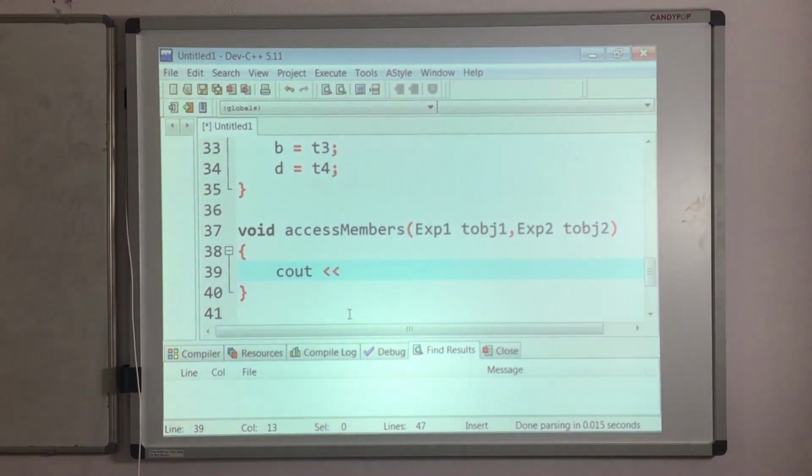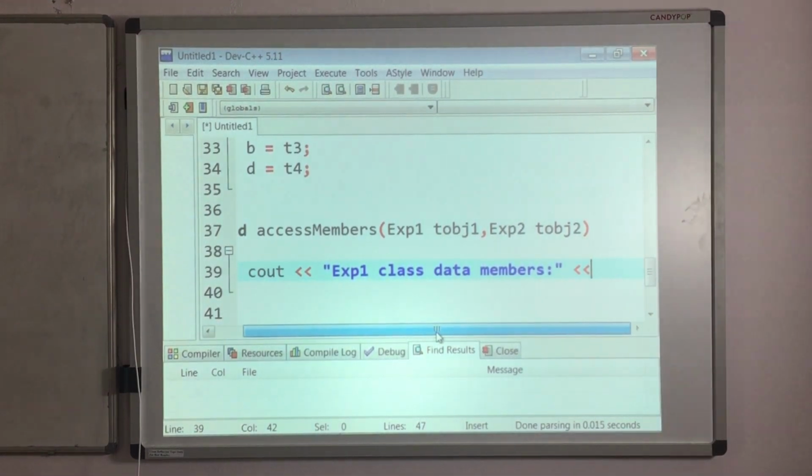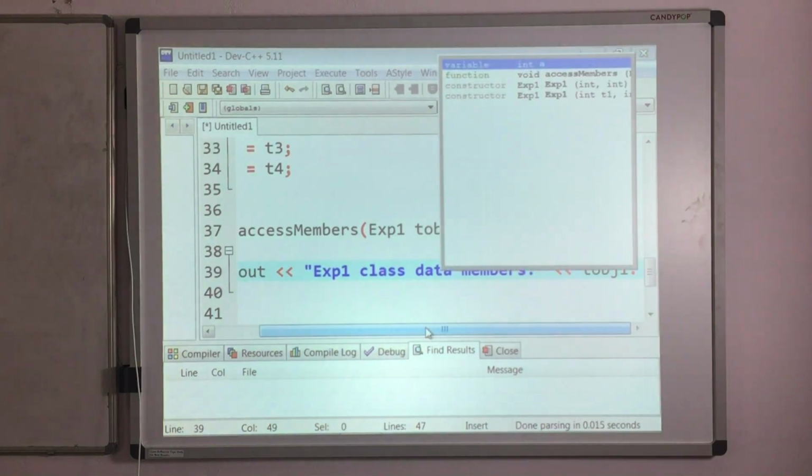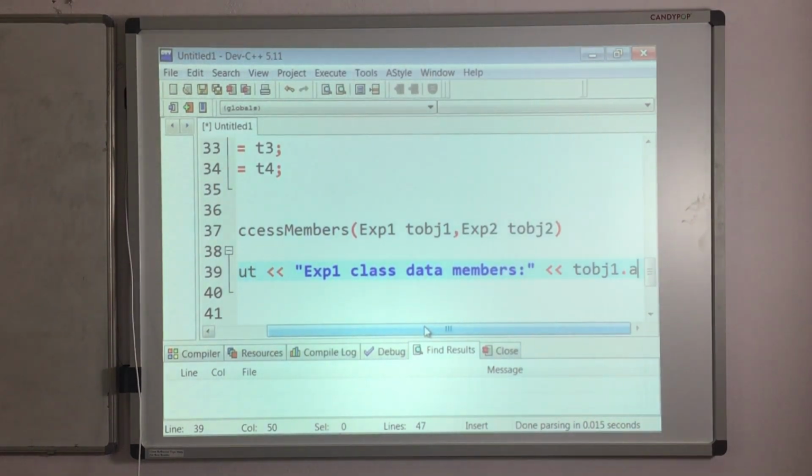Now try to print the values of those objects. Here, exp1 class data members. At the end, how can we access those data members? Simply use tobj1 dot a, which is public.